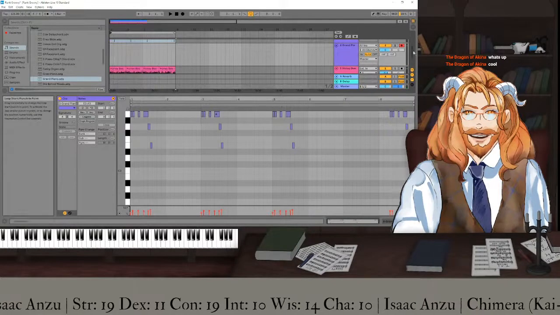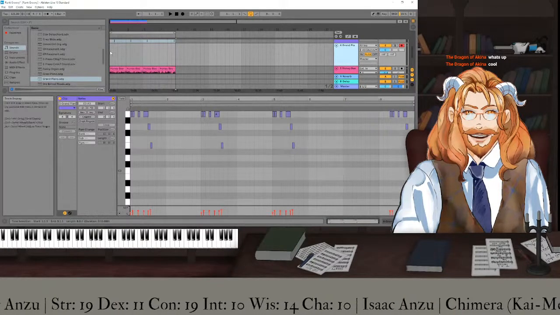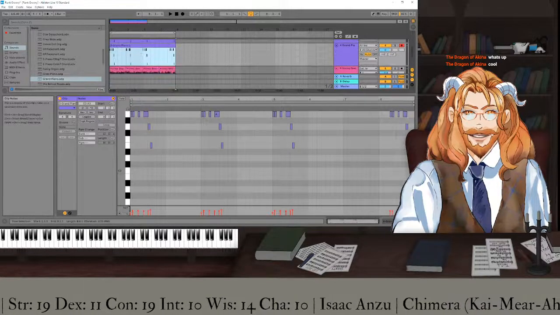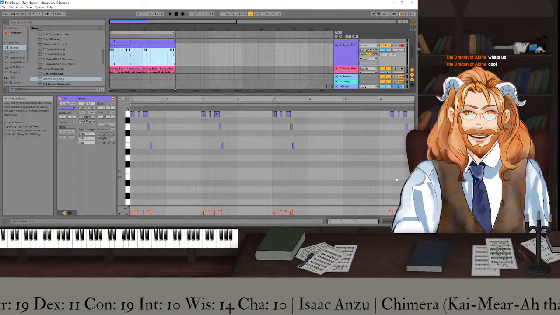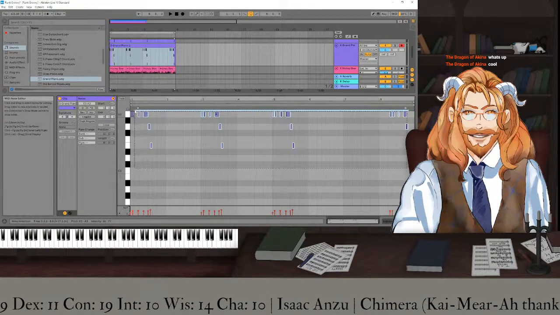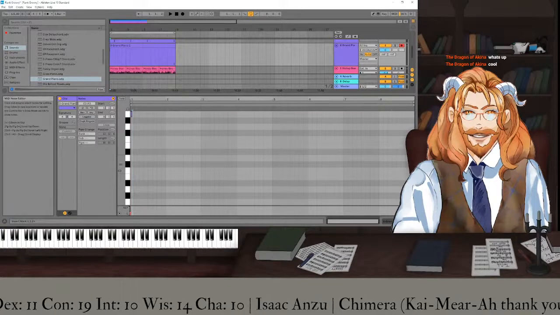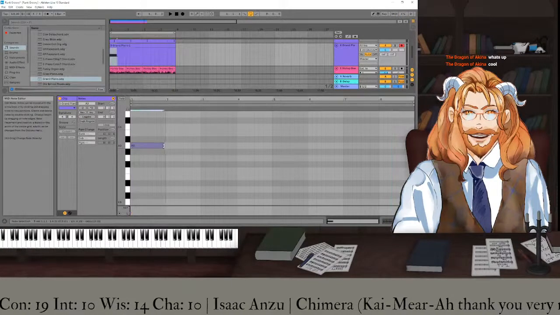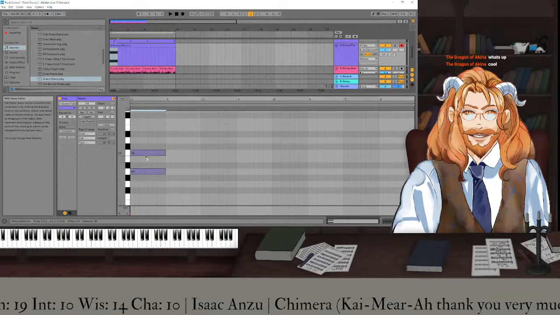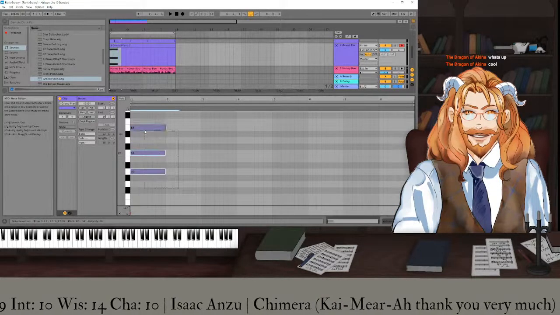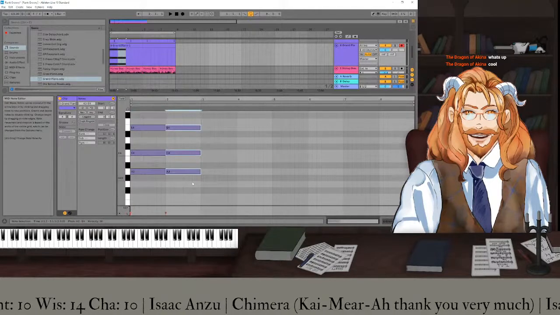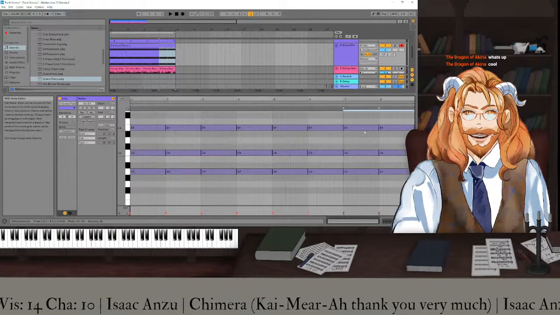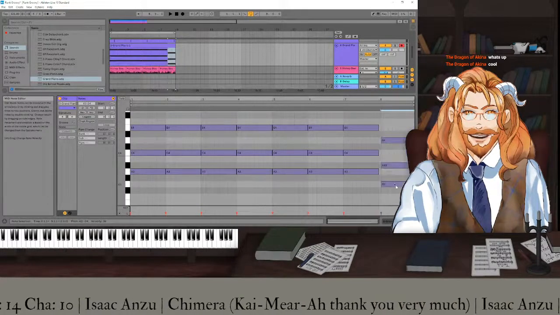Okay, so essentially what I'm hearing, which is possibly totally wrong, is we've essentially got an A minor hold all the way through until the very last bar, in which it drops down to G major.